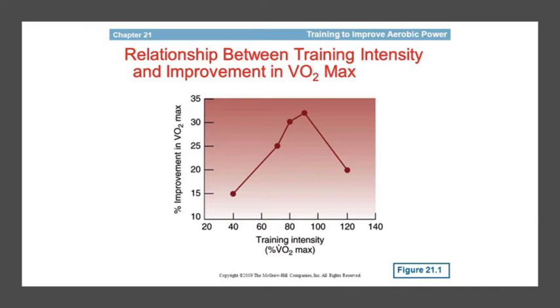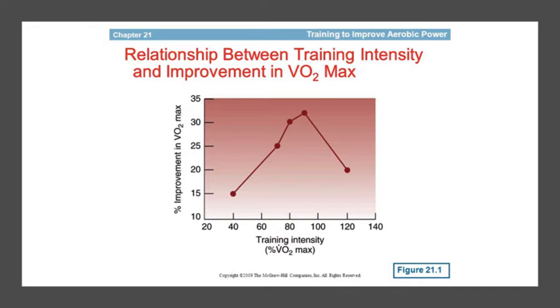So this is important, that you are still seeing improvements in VO2 max of around 15 to 20% at 40 to 60% training intensity, as a percent of VO2 max. The caveat is that it will take longer to see changes. If you're training at a lower percent training intensity, then it will just take longer to see changes,